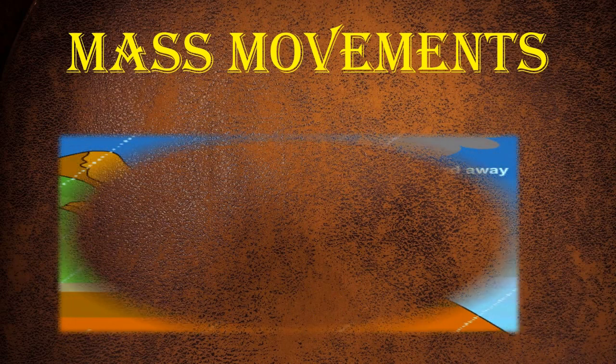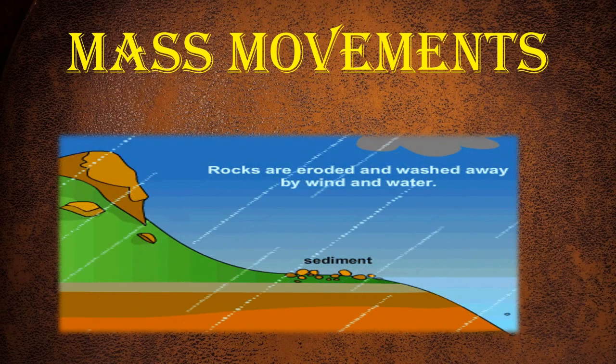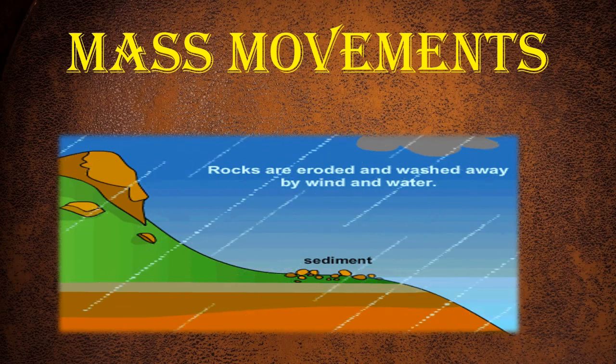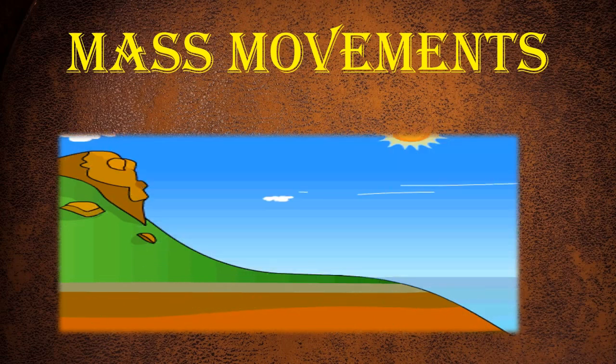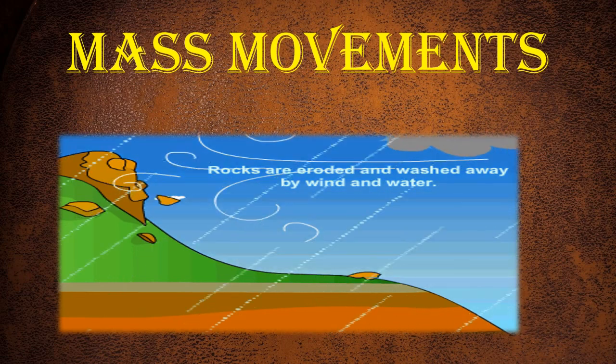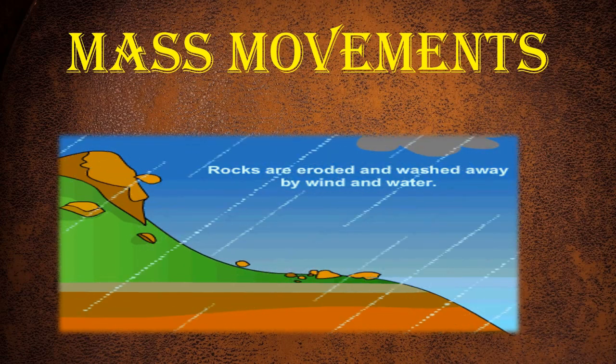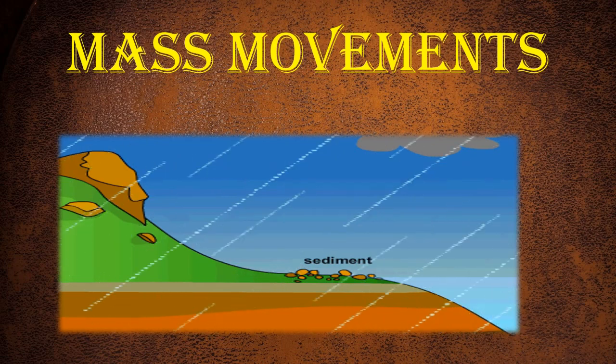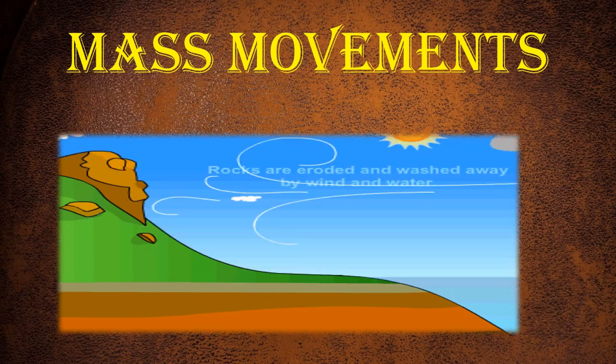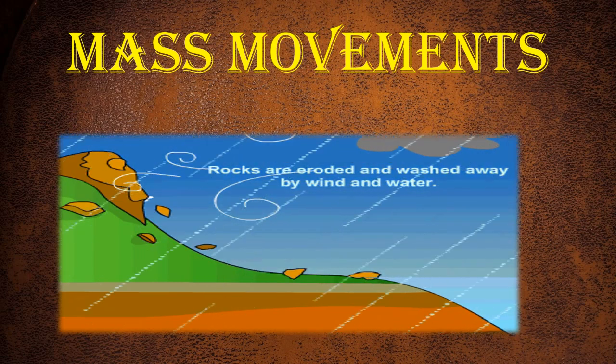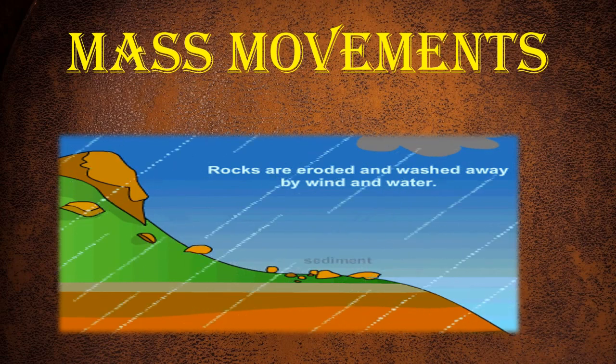Let us understand mass movements. Students, let's observe here. You will notice that rock particles or materials start moving along the slope. So, it happened due to gravity. The weathered rock material starts moving along the slope due to gravity and accumulates near the foothill or the gentle slope. This process has been happening for years. So, the weathered material forms a conical heap at the foothills.